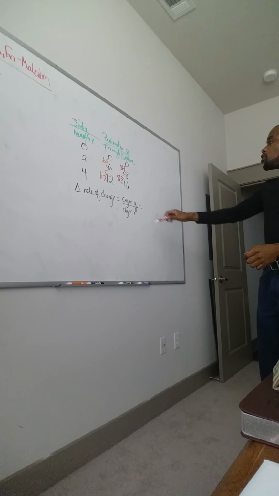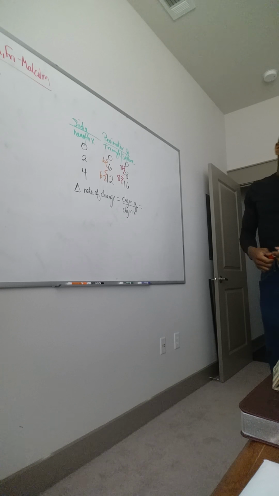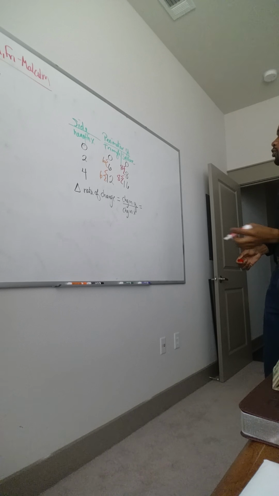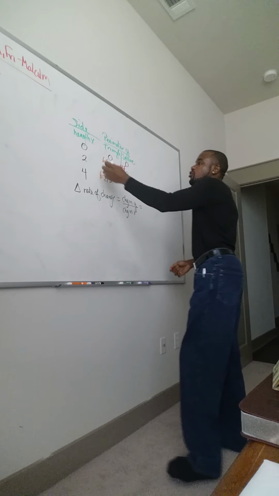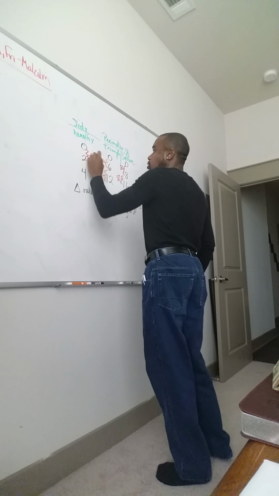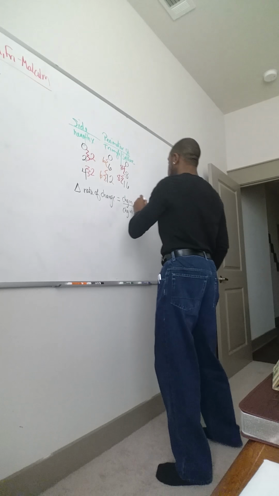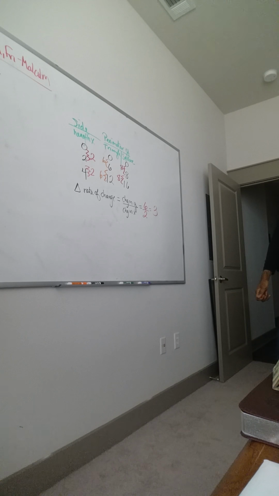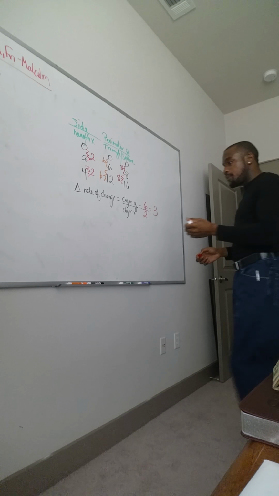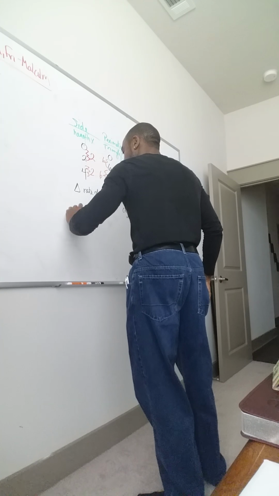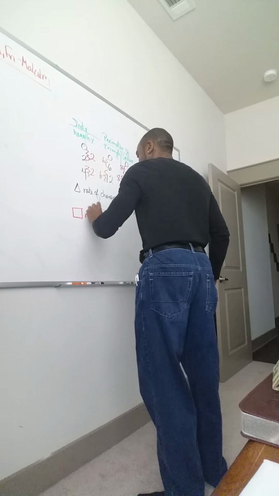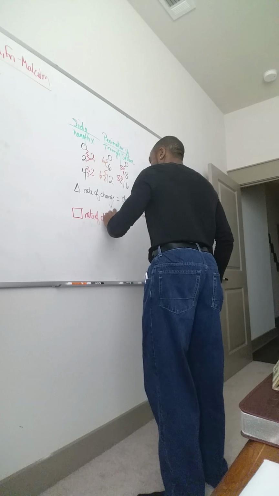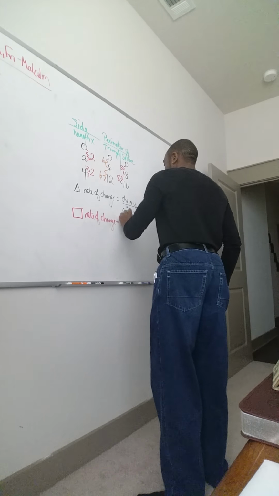All right, cool. So change in y over change in x, we have our 6 over 2. If you look here, our change in x is 2 on this part. So we have 6 over 2, and our rate of change is going to be 3. That is for the triangle. Now let's look at the square rate of change, okay? So square rate of change is going to be change in y again